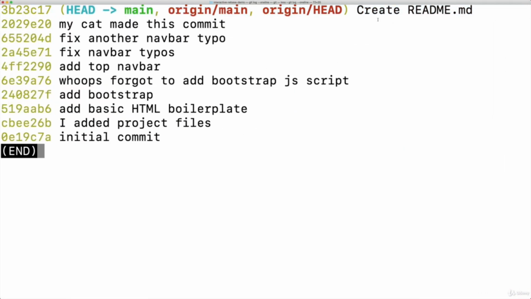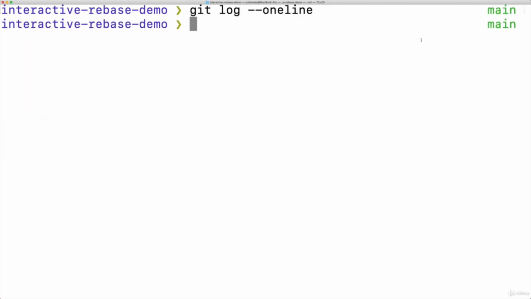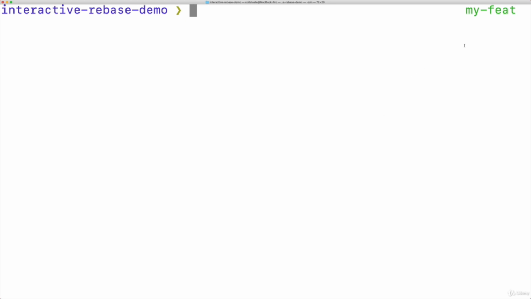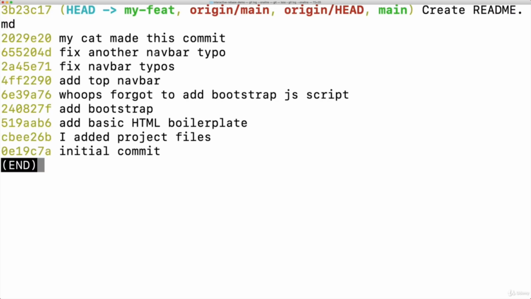Anyway, so what I'm going to do, I'm going to make a branch first. So this is just on the main branch, but imagine we're working on some feature. So I'm going to make a branch, git switch -c my-feat. All right, so I'm on this branch and I am ready to share this code with people, but then I realized this is actually pretty terrible. I want to go through and clean up some of these commits, condense them, maybe drop some, rename them before